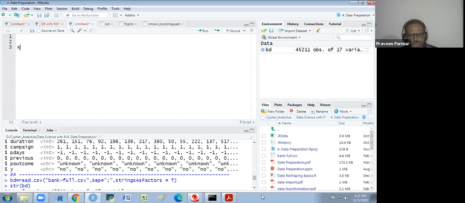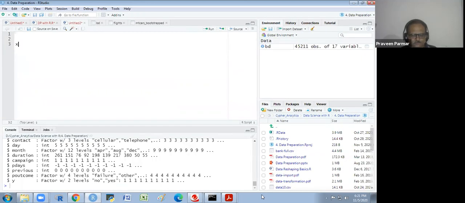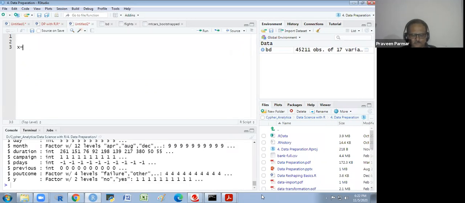I am making a vector with a few names. I write the names of countries like India, USA, Nepal, and Japan.